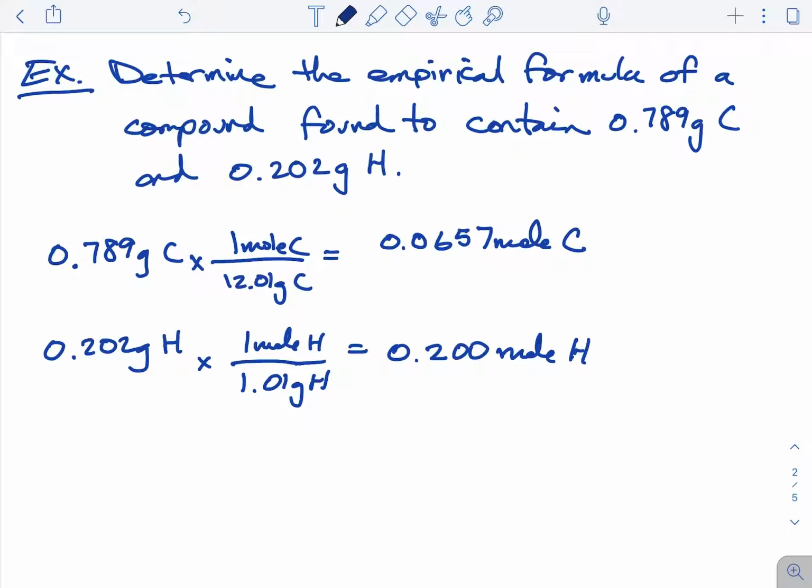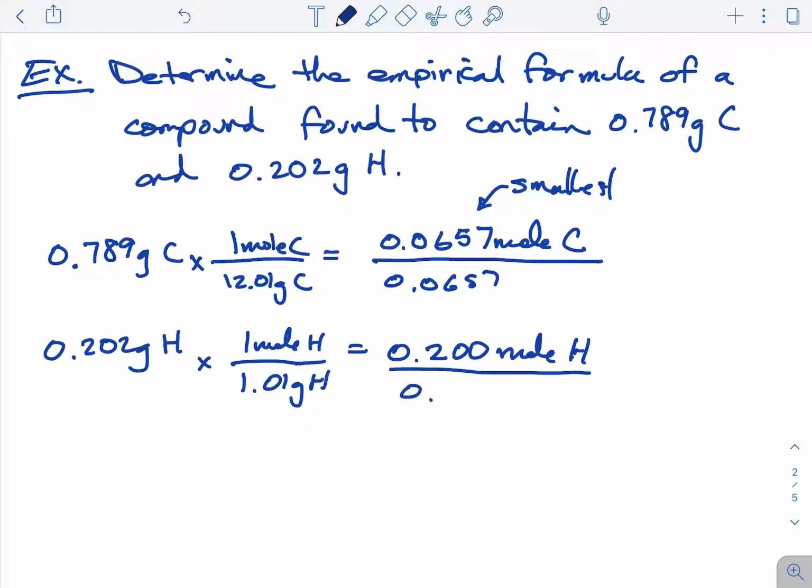So now that we're in moles, we have to find the lowest whole number ratio between these. And there's a simple math trick for that. Whichever value is smallest, which in this case happens to be this guy here. Whichever value is smallest of the number of moles, we divide that into all the rest. So here there's only 2 of them, so we just divide both of them by 0.0657,